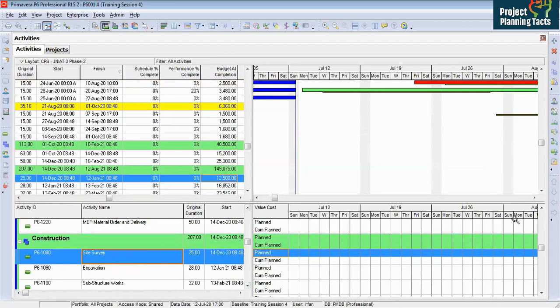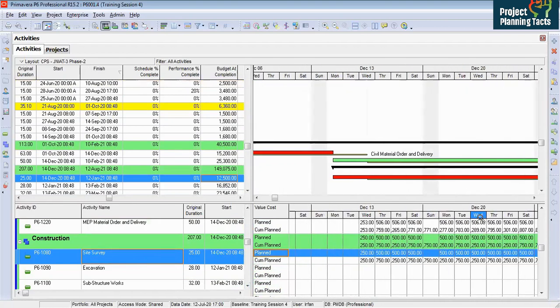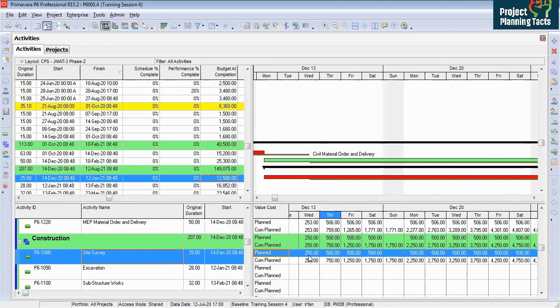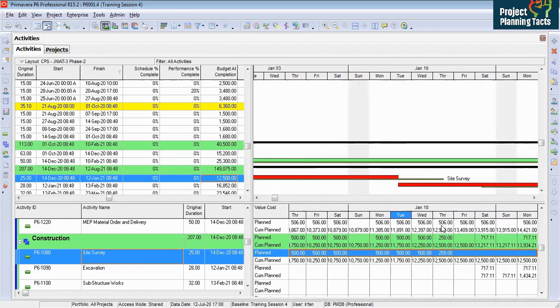Okay. Now if we go through from here, it is having planned value 250 for the first day, then 500, then 500, 500. Sunday is holiday. So this activity has spread out the loaded budget at completion based on the project baseline start and finish dates. So the project baseline start date is starting from whatever the date here, Wednesday, and accordingly it is finishing on Thursday. If you see this bar, it is showing the baseline date bar.